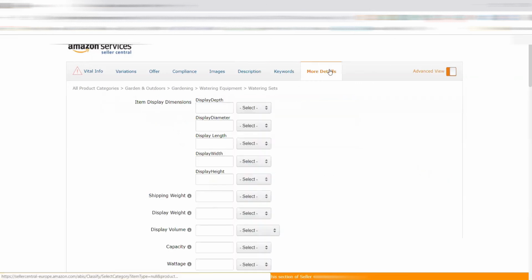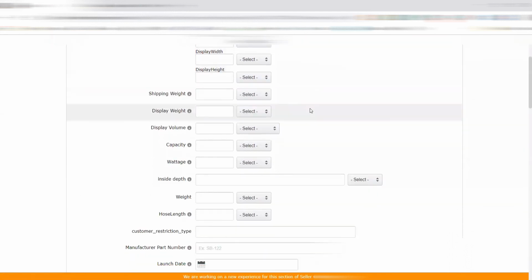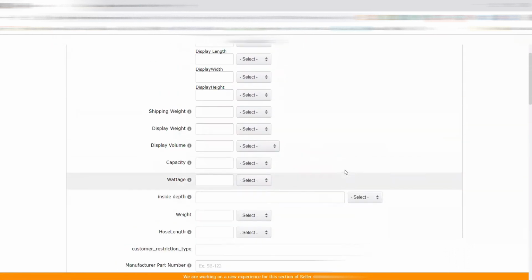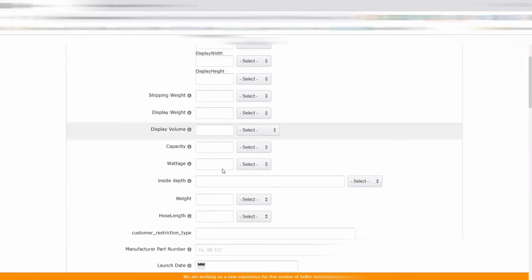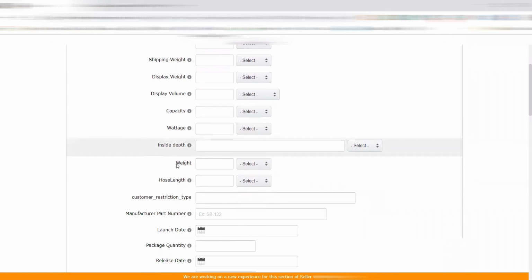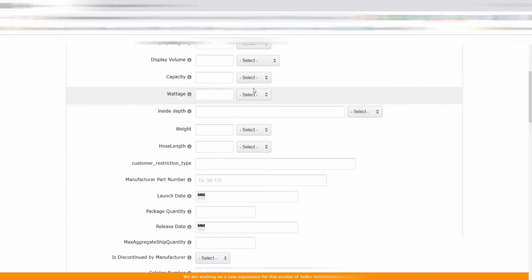And then finally, you'll have your more details. All of this information is completely compulsory. When you create your shipping plan, which we go over in a different video, Amazon will ask you what the weight is of the individual products and what its dimensions are, like the length, the width, diameter, etc. It will pre-fill these for you during that process. But if you want to save yourself some time, you can start filling it out now. A lot of these fields may not apply to you, so wattage won't apply to my hose pipe, but obviously would for an